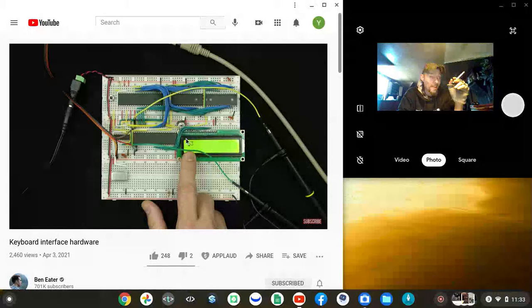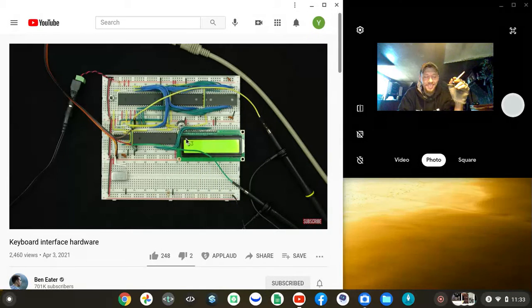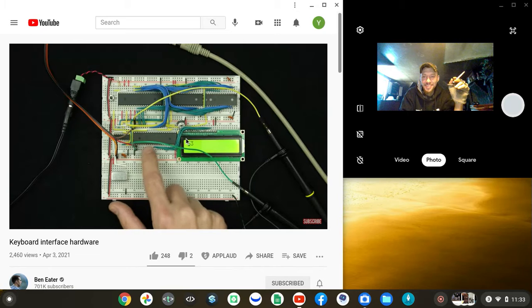So we're getting an interrupt for every clock pulse. And like I said, we could have the interrupt routine actually read this data bit from the